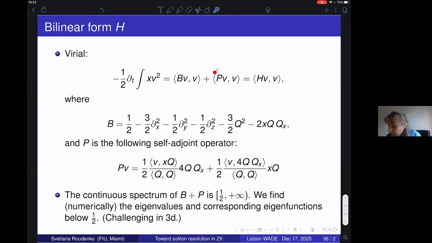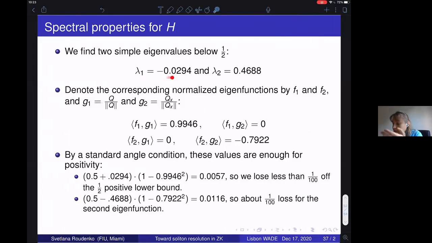But then we have a term which comes exactly from that extra term, which we just saw. It's the self-adjoint operator, and Q is not explicit. It's very hard to study this. So this is where we need to study it really to understand the spectrum and to show the coercivity. So we want to show that this is positive definite. Basically, we need to understand the spectrum and show what the eigenvalues are. But that's possible to do.